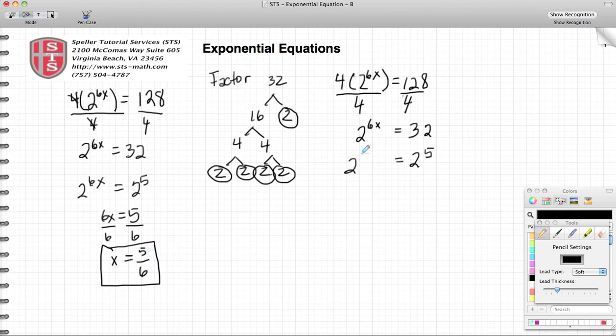So it's 2 raised to the 6th power times 5/6. Since I have a 6 in the numerator and denominator, I know that those simplify down to 1, and that leaves me with 2 to the 5th power is equal to 2 to the 5th power. So just like we did in the other equation, in the other video, we know that our check is correct.